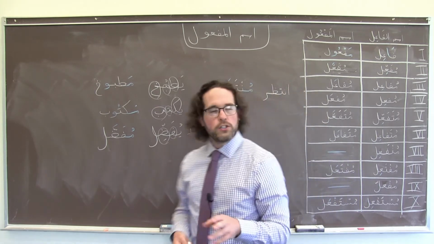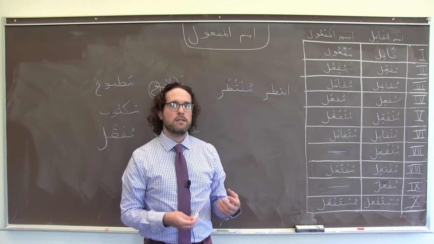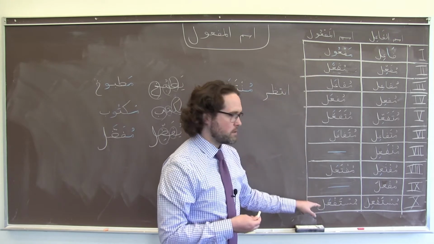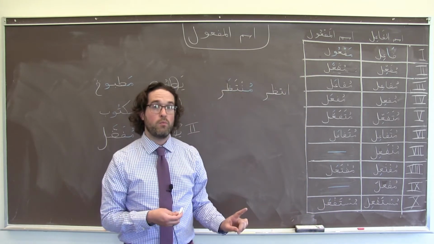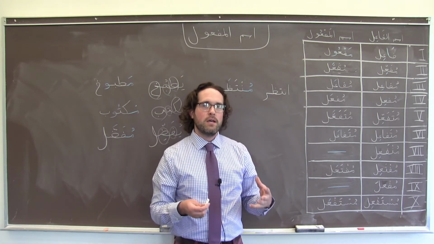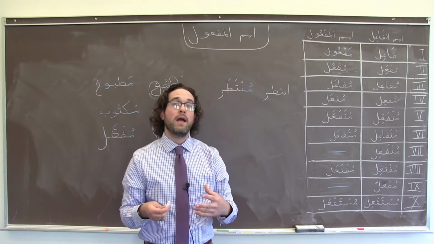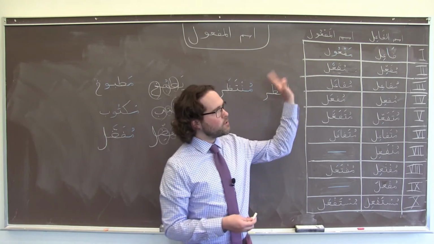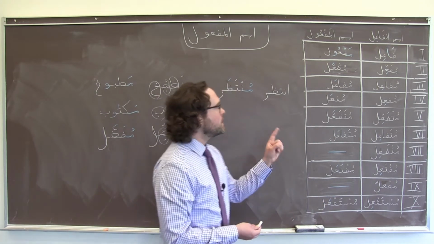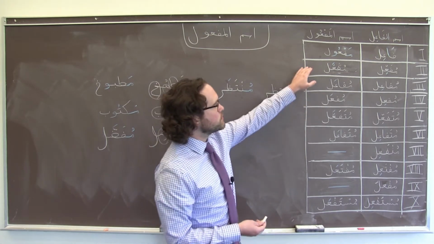One other important function of ism al-maf'ul in Arabic is to serve as ism al-makan for forms 2 through 10. There's a separate video on ism al-makan in form 1 that you can go and watch. It's basically a place name. We can create a word meaning the place where such and such a verb happens. So in form 1, there's a distinct pattern, maf'al, which you can go and learn about elsewhere, but ism al-maf'ul is used for these derived forms.